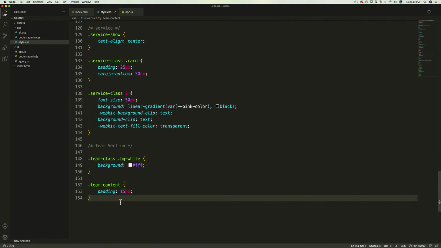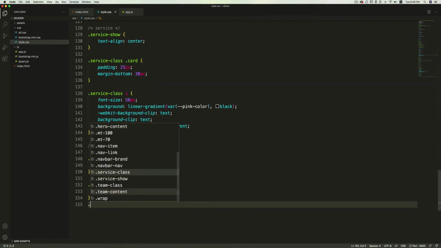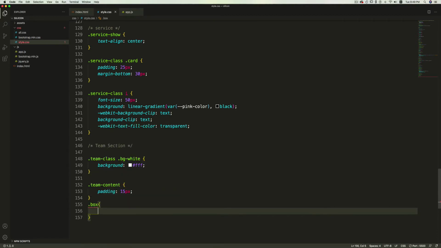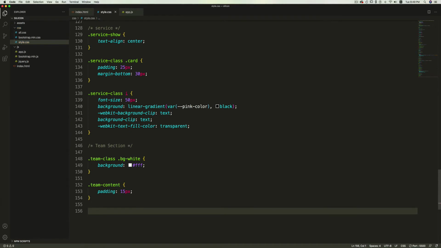After this, I'll work on the box. See here, I have created a div and given it a class box. So I'm going to add that overlay, the gradient overlay. So I'll target the box. Let me do this. So team class box, and I will use the before pseudo element.